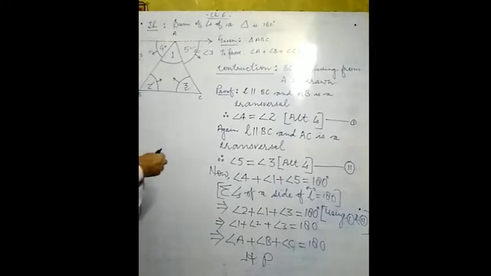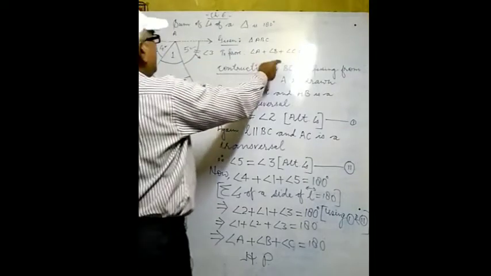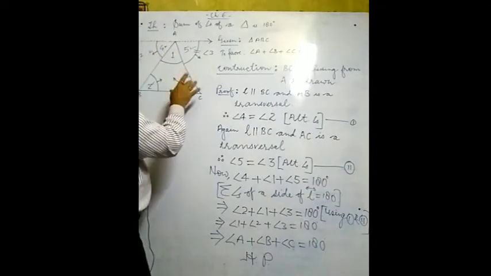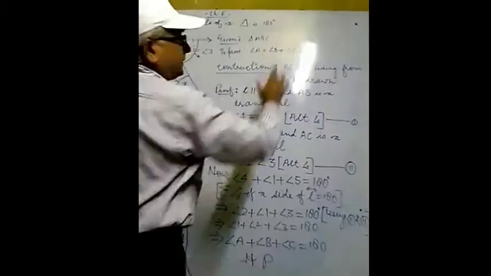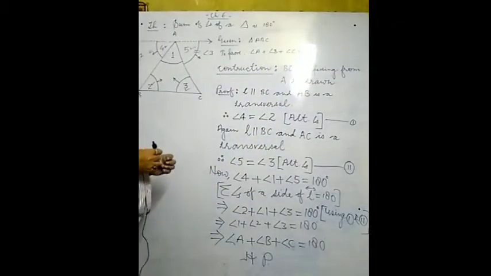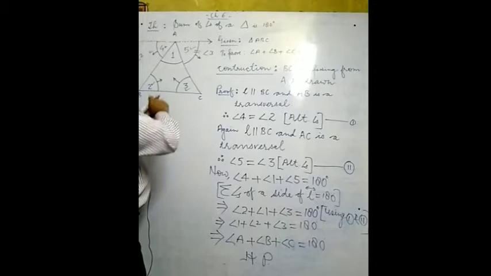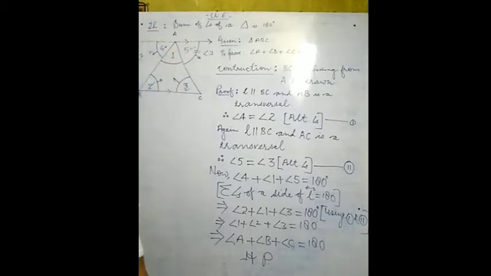So what is given here? It is given triangle ABC. What is to be proved there? We have to prove that the sum of all three corners, angle A plus angle B plus angle C, equals 180 degrees. Now what is the additional part of construction? This line L is drawn passing through A parallel to BC. This one is drawn here, so this one is parallel to BC. This is the additional construction. It is not given. You have to construct it from your side.